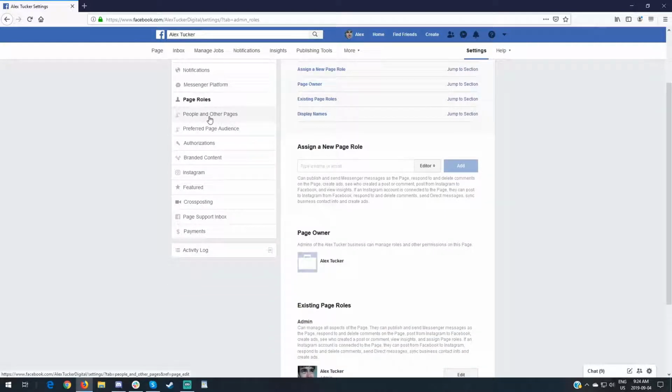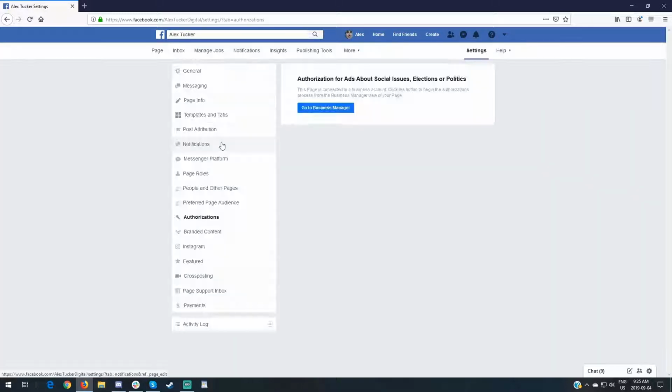People on other pages, I believe you can like other pages through your page. Preferred page audience isn't really a thing anymore. Authorizations is, I believe, for special circumstances, things like ads about social issues, elections, or politics. There's a branded content tab. There's connecting your Instagram account. And cross-posting is